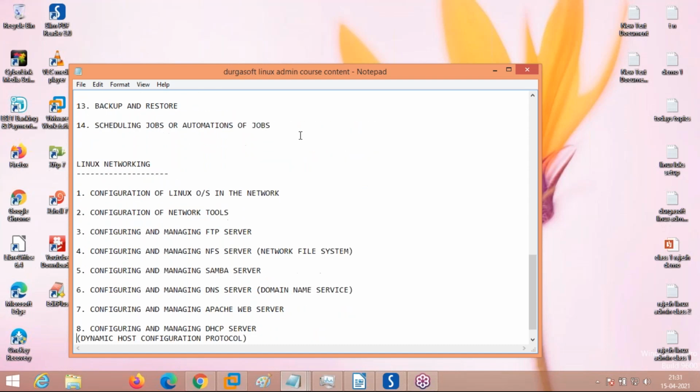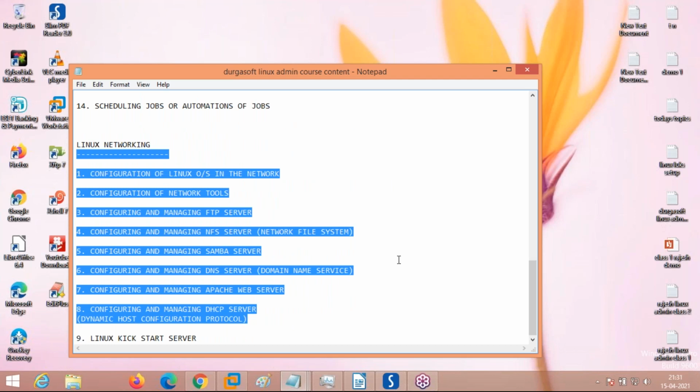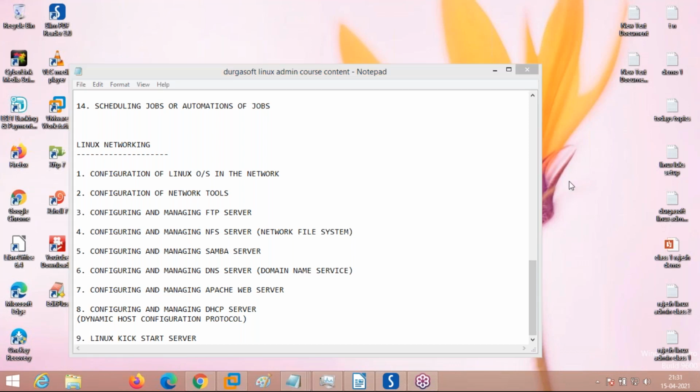The third will be network administration. These are the topics for Linux network administration. Without knowing the basics of Linux and system administration, which is standalone administration, you can't learn shell scripting, because in shell scripting also you are going to use it. First you finish this system administration and network administration totally, then jump to the shell scripting course, which I am also taking.